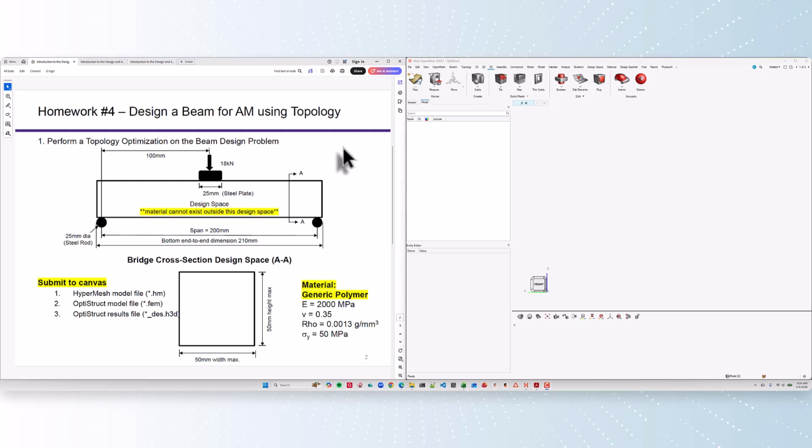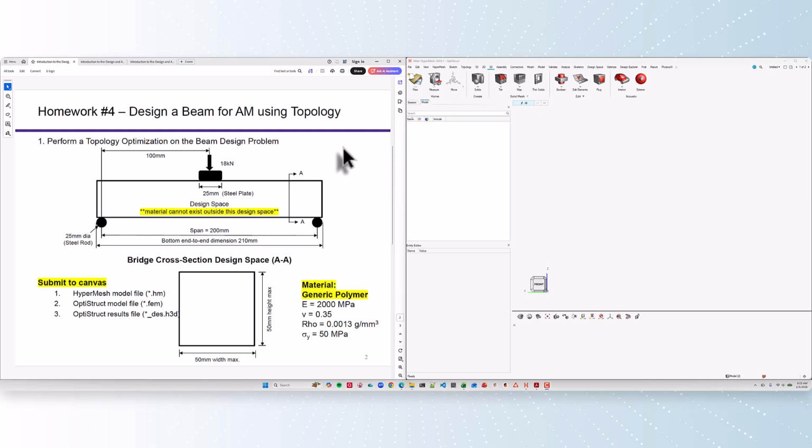Okay. I wanted to do a recording of homework 4 problem 1. It seemed like some students were struggling a little bit with the software, and the point is not to struggle with the software or to make this somehow mysterious. The point is to actually learn it, and to learn it, you actually have to repeat it, building the model several times. So I'll provide a video here of me basically performing homework 1 in its entirety, in hopes that it's a resource that you can use